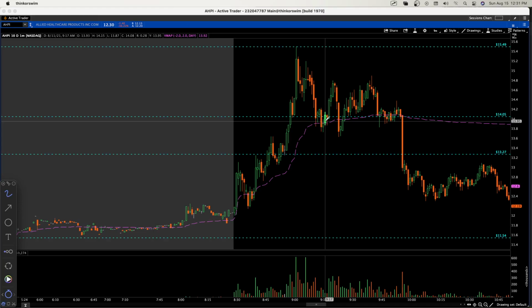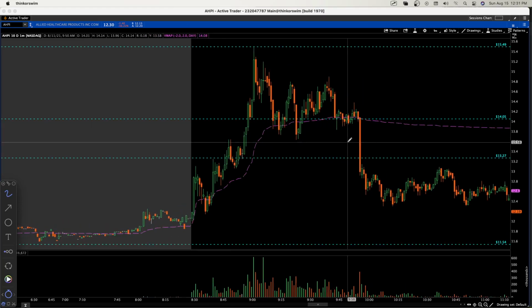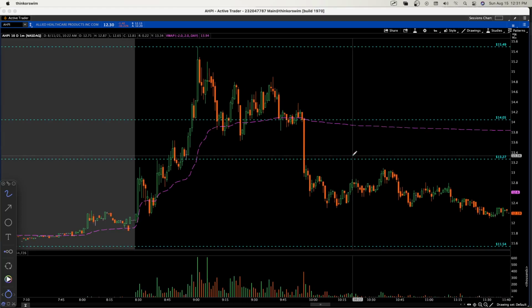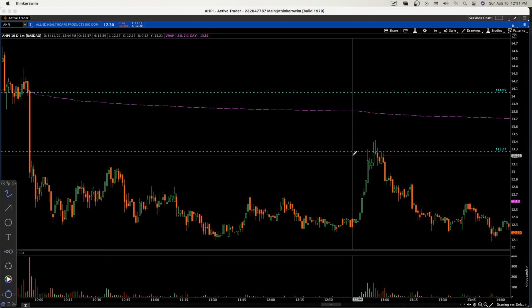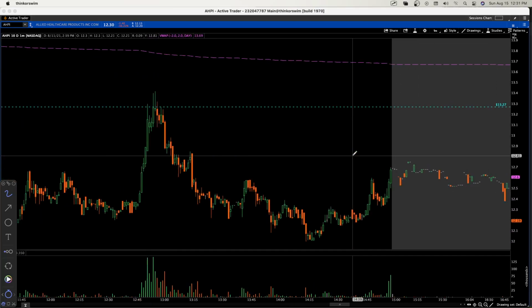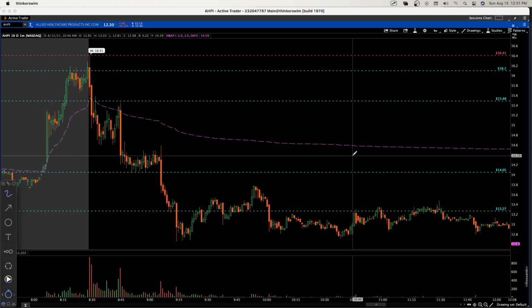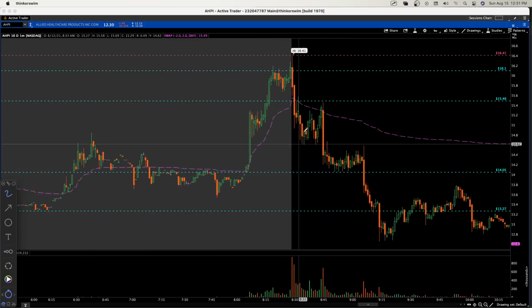Okay, so we talked about some of those traders that don't take long trades when it's below VWAP. I will do that as long as the setup is good. But what am I looking for? Let me see if I can find an example here. Okay, here's an example. I know this is right after open, so it's kind of crazy after the open, but